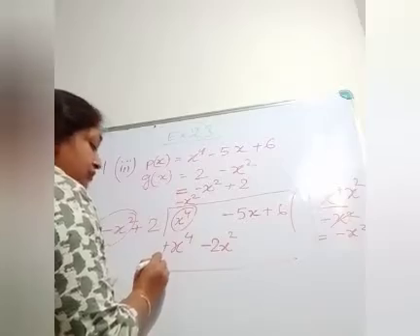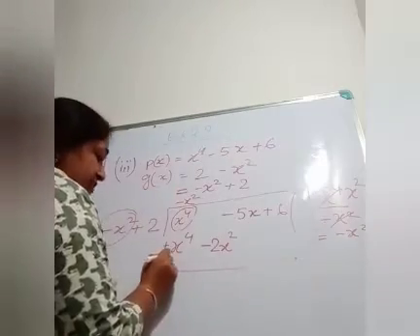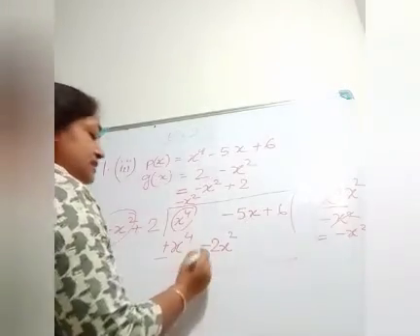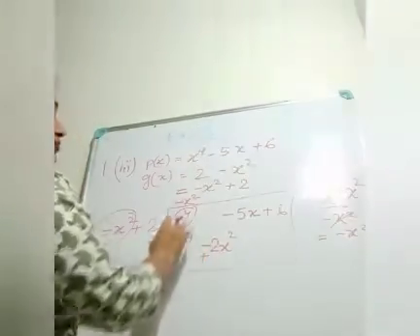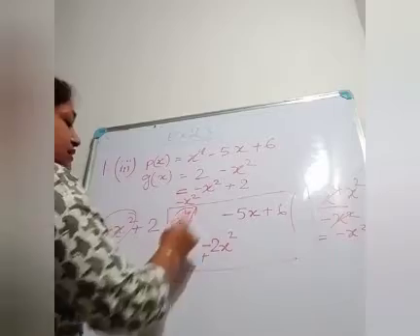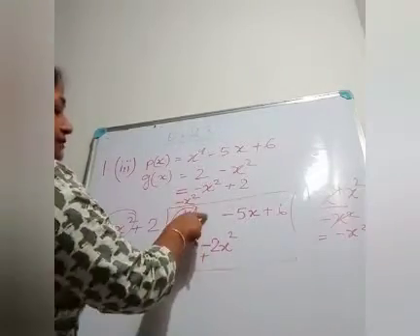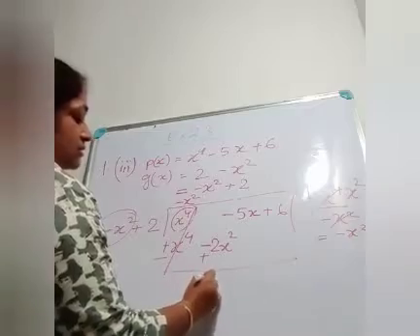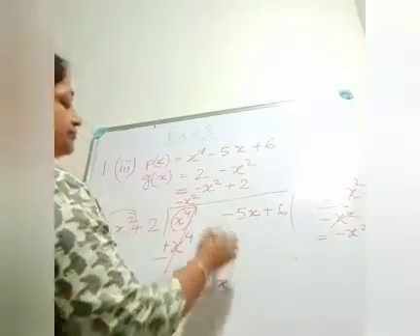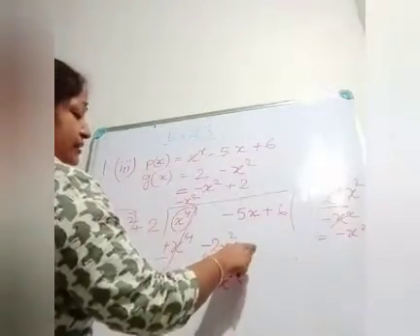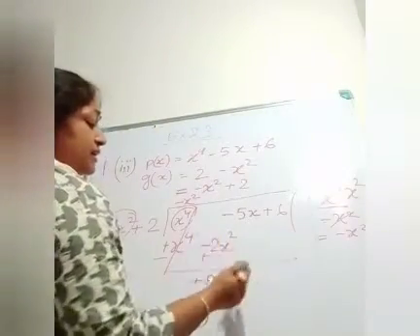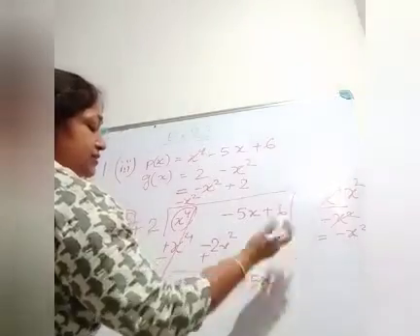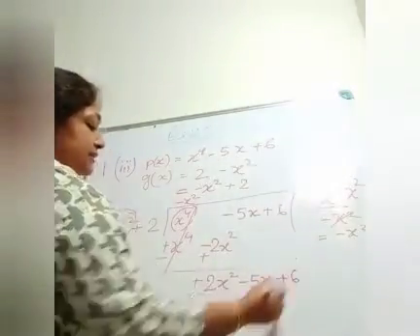Now, how will you subtract? You change the sign. Here the plus sign is given, so write down minus, and where the minus sign is given, write down plus. Now you subtract: x^4 minus x^4 is 0. And there is no term with x square in the dividend, so just write down 2x square. Minus 5x, there is no term to subtract, so here it is 0, so write down minus 5x. Plus 6, there is no constant, so write down plus 6.